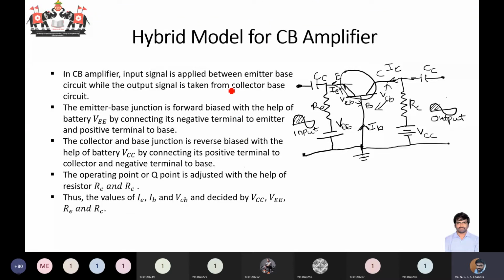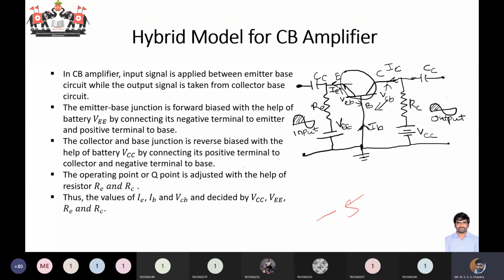As long as this terminal is at negative voltage, this emitter base junction will be forward biased. But now if you are adding a positive value to it, something like you have a -5 value, let us say that your VE is equal to -5 volts, then your emitter base junction is forward